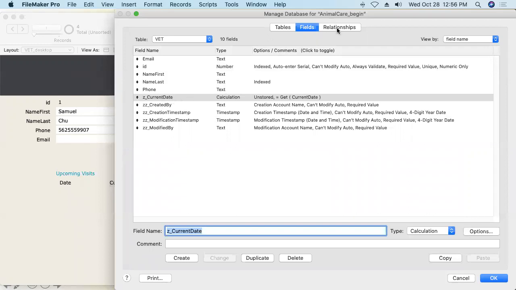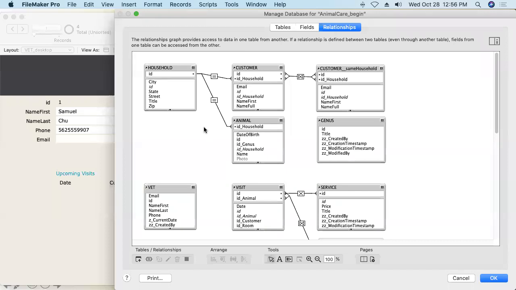And we can come over to the relationships graph then and continue on building that relationship between visit and vet, or vice versa, that takes into account the date. So we're trying to show any visits for the current veterinarian. So that's going to be vet ID to vet ID. There it is. But only upcoming visits. So that means that current date has to be earlier than or equal to the visit date. In other words, the current date has to be in the past compared to the visit date. So I'll just double click on the relationship line here